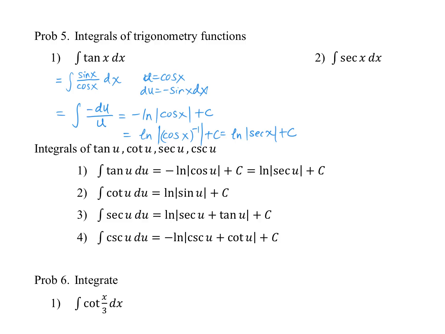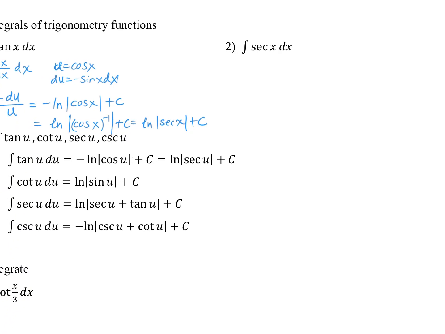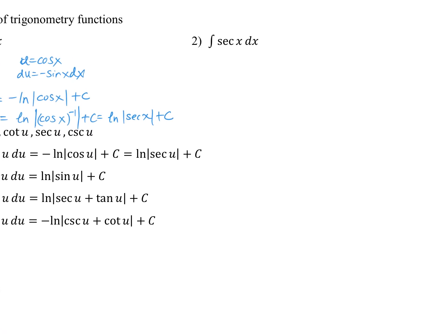Now the cotangent u can be derived very much similarly, which is this guy, ln sine u. Let's take a look at the antiderivative of secant. Believe it or not, there are many different ways to derive the formula for this one. One of the smart ways is to use the substitution, okay? But in order for you to use the substitution,